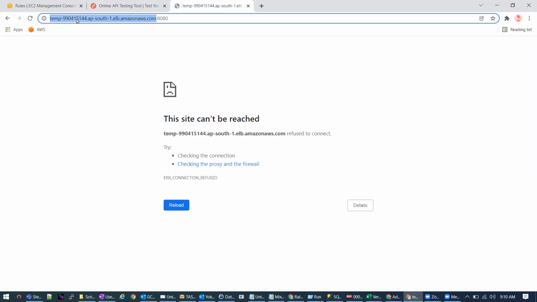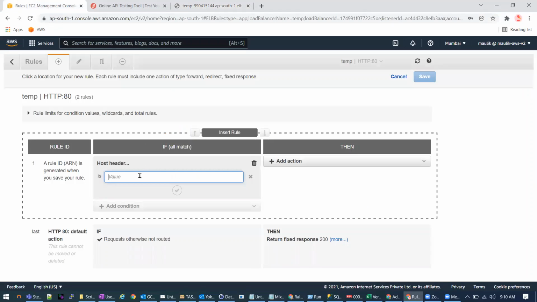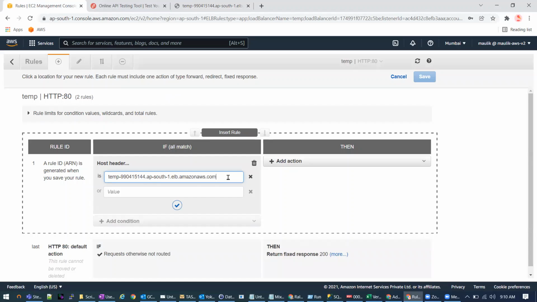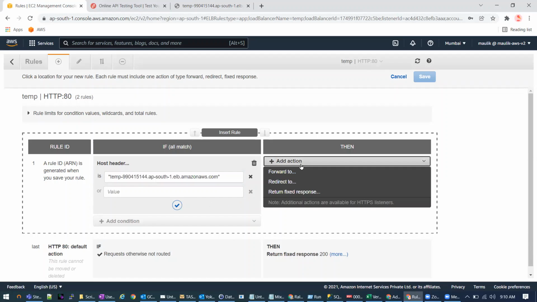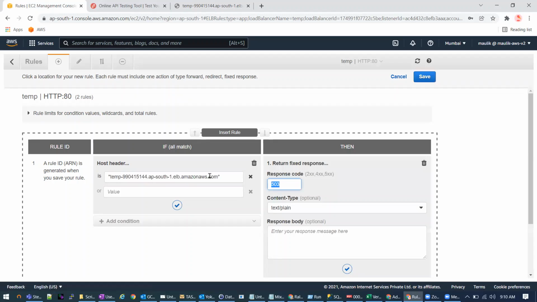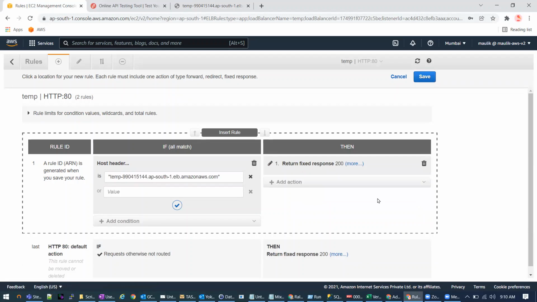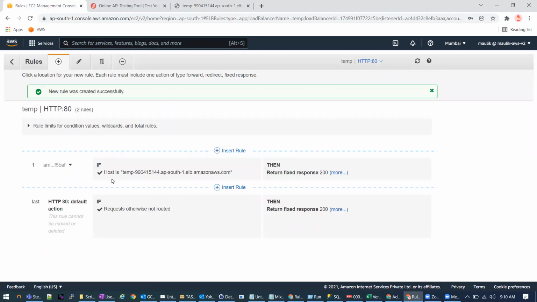If you want to put a condition that if the host is this, then you can redirect the traffic to a particular target group. As of now I am just showing plain text, and let's see.